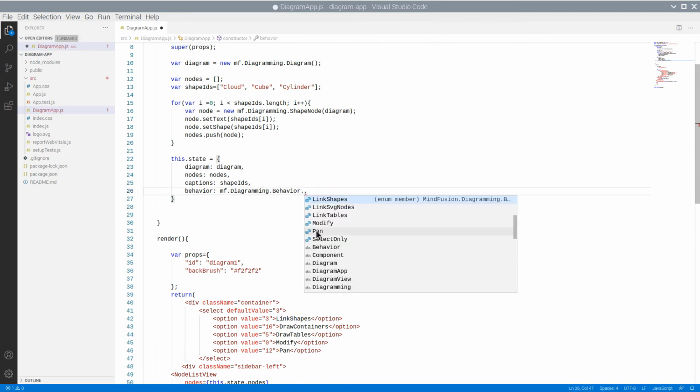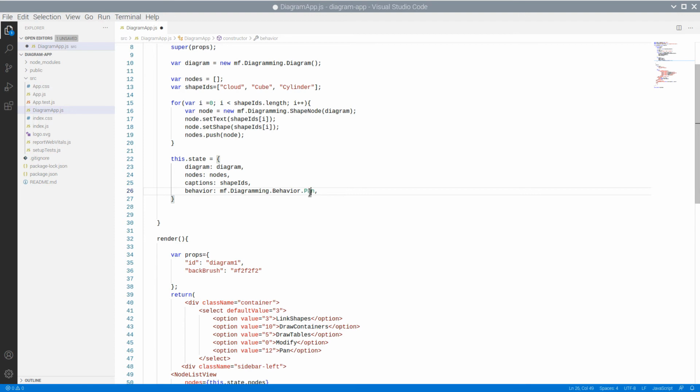The IntelliSense tool in VS Code conveniently tells us which is the numeric value of each enum member.